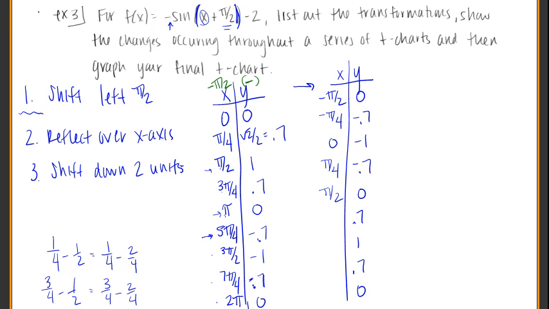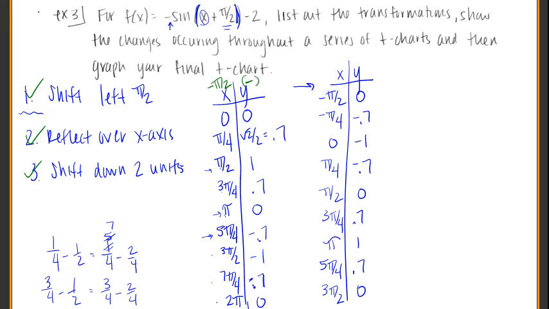At 5/4, so let's change one of these. If I change that away to 5, so 5 minus 2 is 3 pi over 4. At 3/2 minus 1/2 is 2/2, so we'll be at pi. And then 7 pi over 4 minus 1/2, so change that now to 7, and you'll be at 5 pi over 4. And then 2 pi minus a half would be 3/2, or 1.5 pi. Okay, so far in our transformations, we've taken care of shifting left, we've reflected over the x-axis, and now